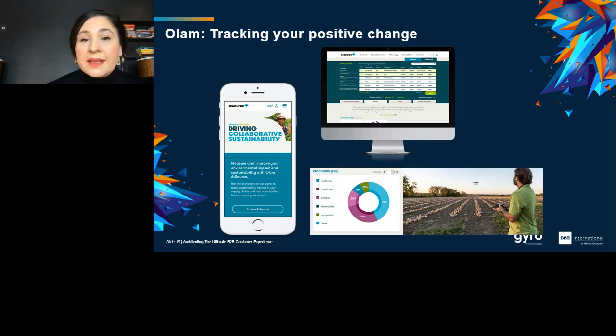Great. So Olam is an ingredient manufacturer and processor. They're sourced from a network of about 5 million farmers globally, with more than 25,000 B2B customers worldwide. What they did was they created a tool that allowed their customers to see their environmental footprint by displaying over 80 product sourcing related KPIs in a visually engaging and very intuitive way. So this is an example of purpose in action, and it's giving customers control and an X-ray transparency into their